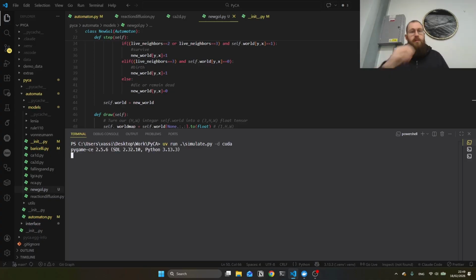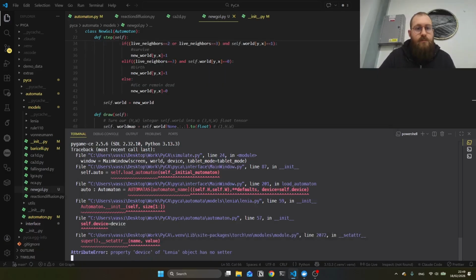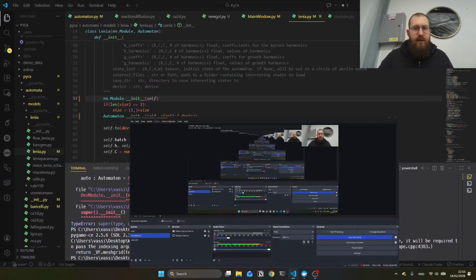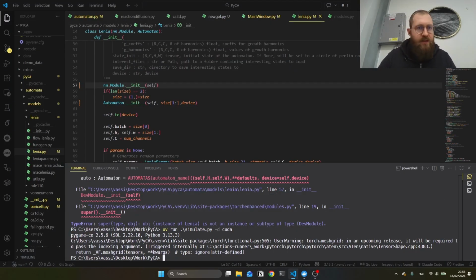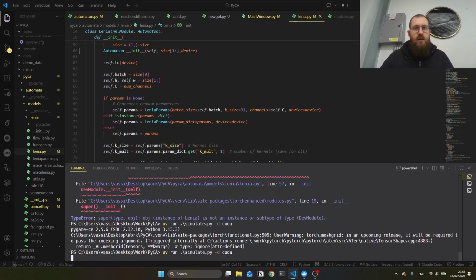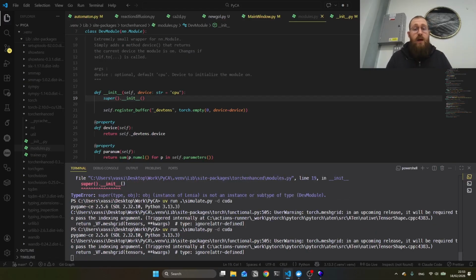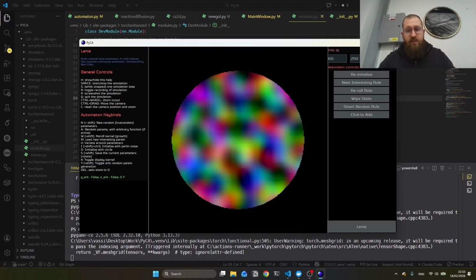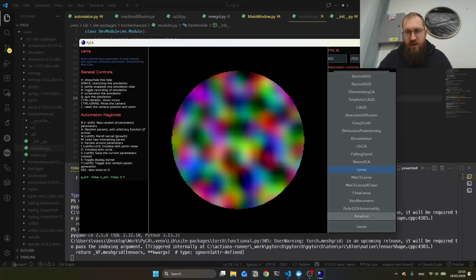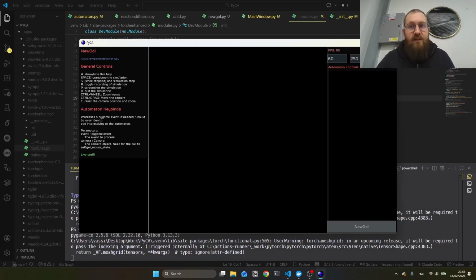so as before, I just opened the PyCA interface. All right, I'm back. Sorry about that. This was my bad because of the modification of automaton, but everything works now. So as I was saying, if we run our PyCA thing, we arrive and we see this is the same window as before. But if we click here, oh, we see our new automaton. So let's try to see before we crash. It doesn't crash, great. But nothing is happening, I don't see anything. If I press space, things slow to a crawl. It's very laggy,